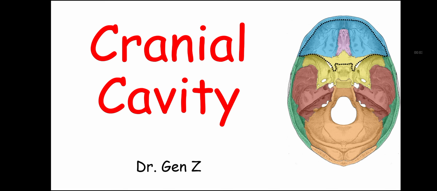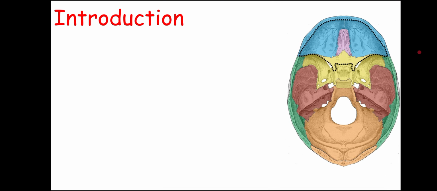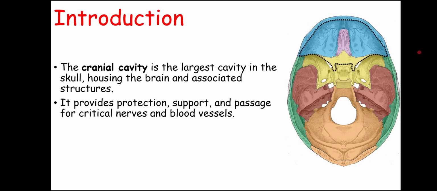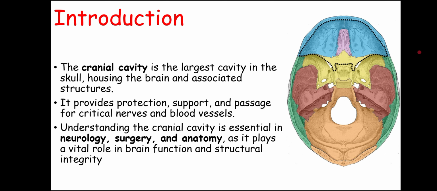Today we are going to talk about the cranial cavity. First, we'll start our topic with the introduction. The cranial cavity is the largest cavity in the skull that houses the brain and associated structures. It provides protection, support and passage for critical nerves and blood vessels. Understanding the cranial cavity is essential in neurology, surgery and anatomy, as it plays a vital role in brain function